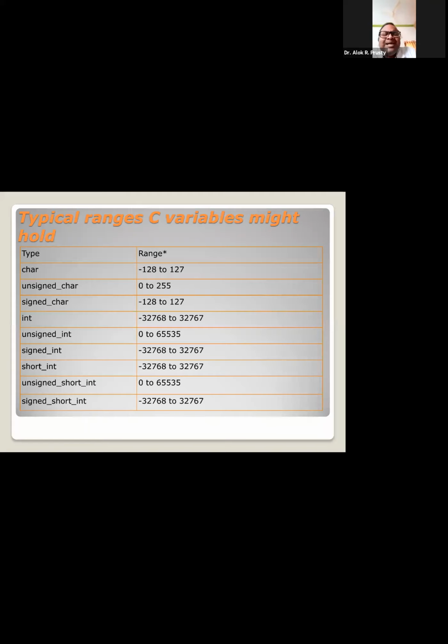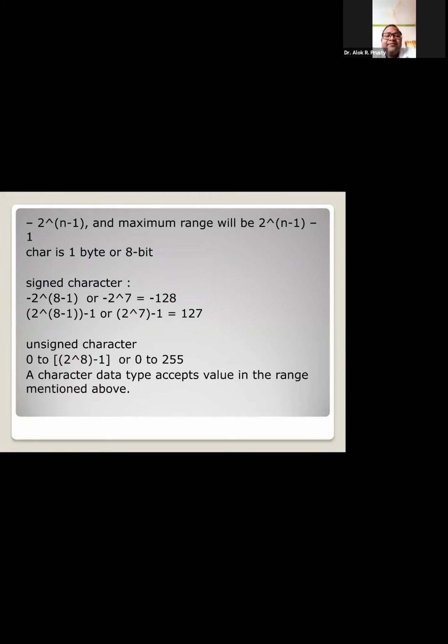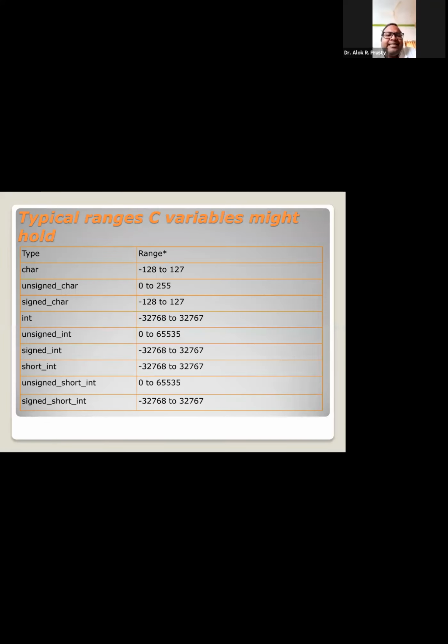But what does range signify? Range means what kind of value I can store inside that particular memory location. That is defined by the range of a particular data type or variable. Simple formula, just see. The range varies, and you can find there are 2 concepts, signed character and unsigned character, like signed integer and unsigned integer.